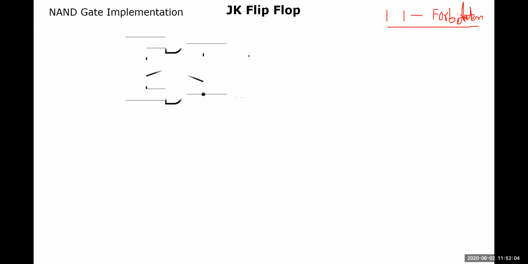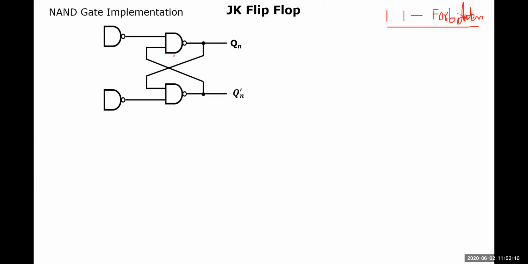Inside the flip-flop, as usual, we use only an SR latch. This SR latch is externally connected with 2 more NAND gates and 2 more inputs. The first input is J and the second input is K, and of course, enable must also be there. I'd like to name this gate 1, this gate 2, this gate 3, and here it is 4, because for understanding, we want to make some kind of naming convention here.